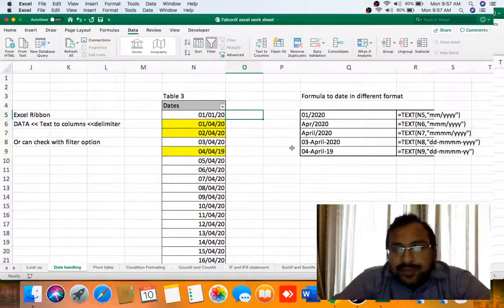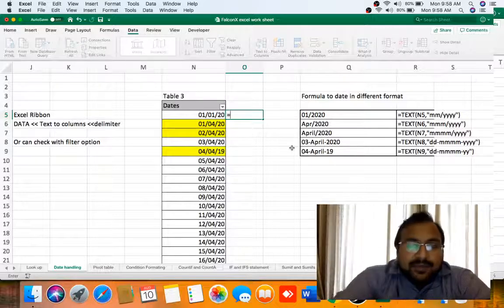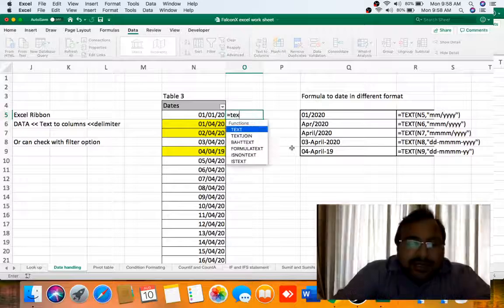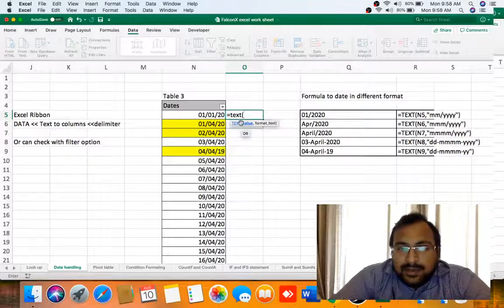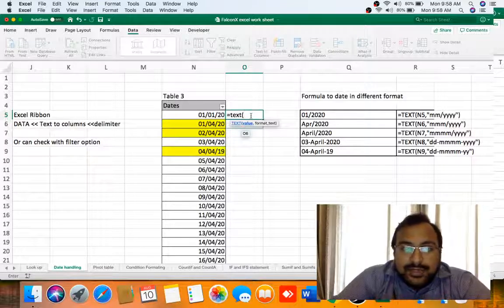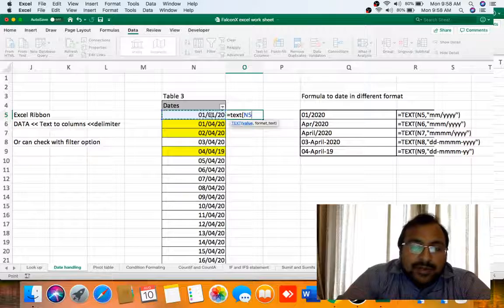So what is the method of converting day into a month? In Excel there is a formula called TEXT, bracket open. The TEXT formula takes two arguments. First is value and then the format in which you want the data. So value is this, the date which you want to convert into month.